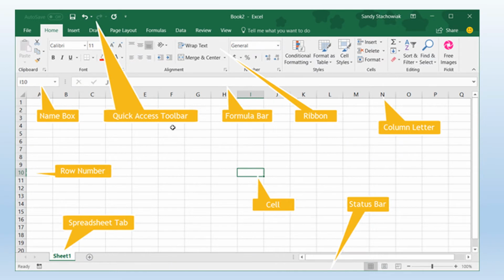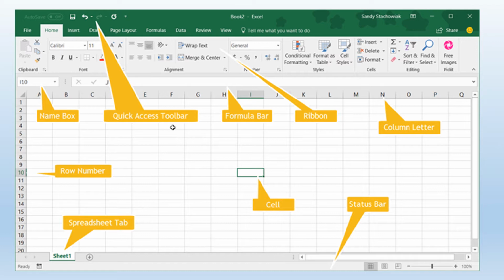So let's see what the features of that page are. As in Word and PowerPoint, it is also the same. The quick access toolbar is there, and the name box that indicates the cell name, and the formula bar. We will learn what those are.